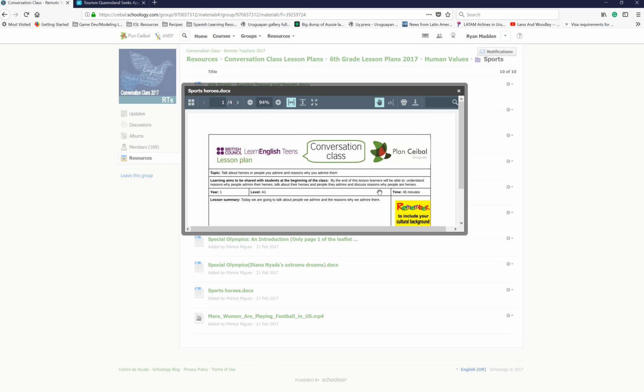So again, in Australia, this is the case. There's a lot of sports people. There's a lot of famous people who could be respected in such a way. So these are just a handful of ideas that can help you fulfill both roles in the Sable Secondary program, both as an English teacher and as a cultural ambassador.